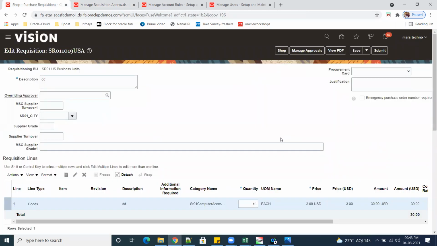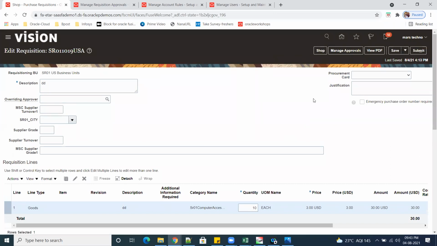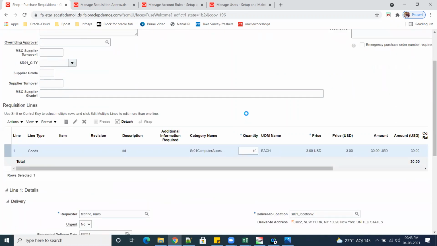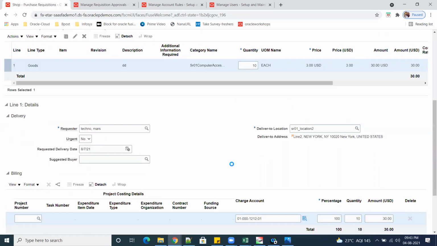Now go here, save the form, manage approvals. Harsh, for purchase requisition only charge account is enough, huh? Yes. Usually we used to call it as 5 accounts, right?